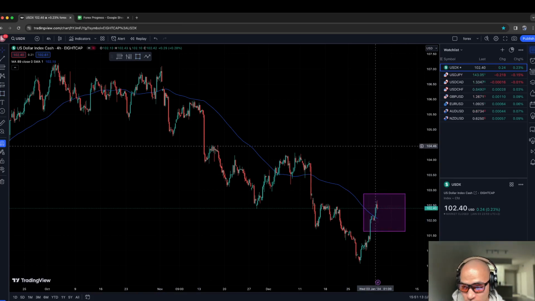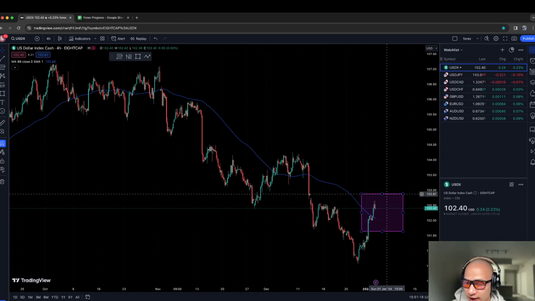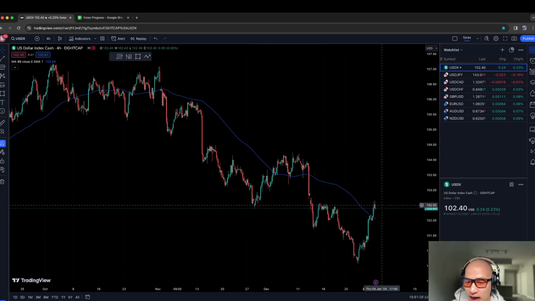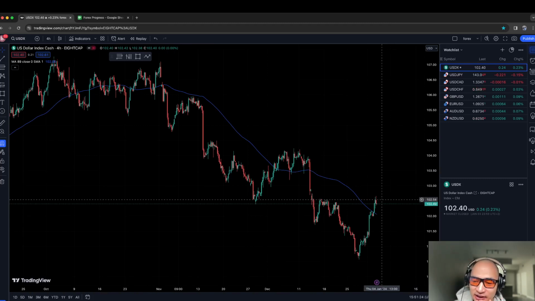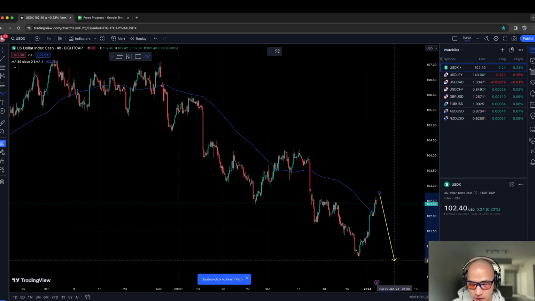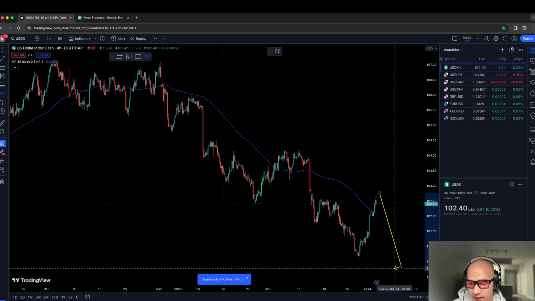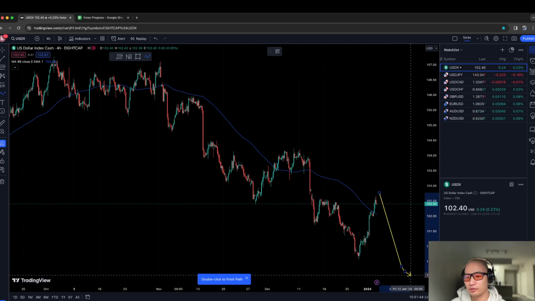And as you guys know here, the 89 period moving average is breached up, but as you can see, there are only 1, 2, 3, 4 candles. The market likes to fake out, so it doesn't count as an uptrend currently. I need at least 10 candles closed above the moving average to consider an uptrend. So my assumption is that the market likes to fake out, and it will continue to go down like that.